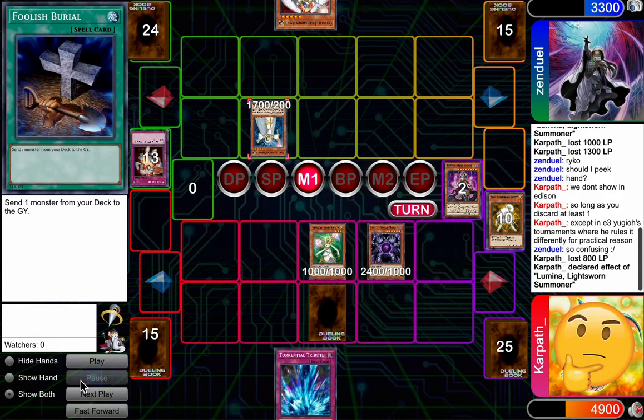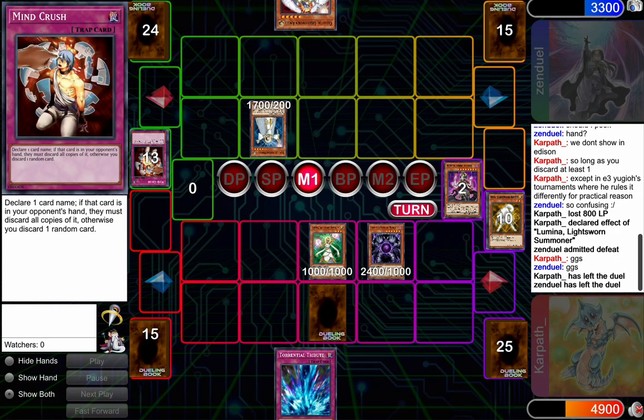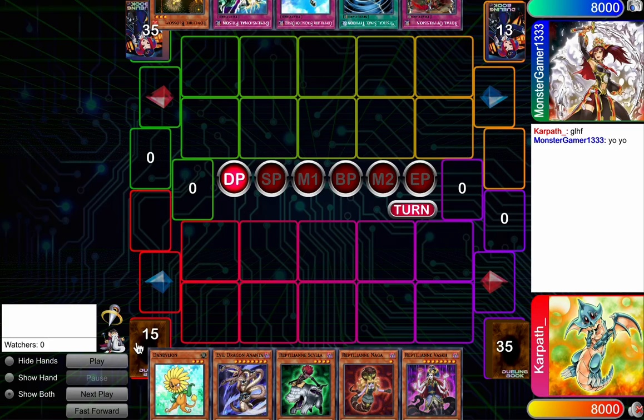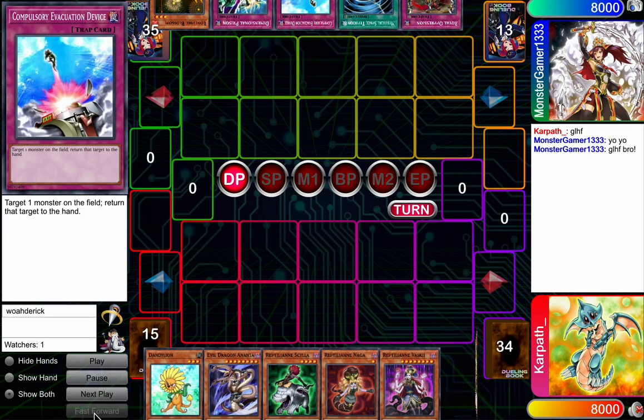But we have this cool lethal line by stealing Lumina, getting back the Raikou, and then just tributing for Caius, attacking for 34. So that was pretty neat. We pick up the dub there, and then the last match that we have is up against Ribbit Champion,